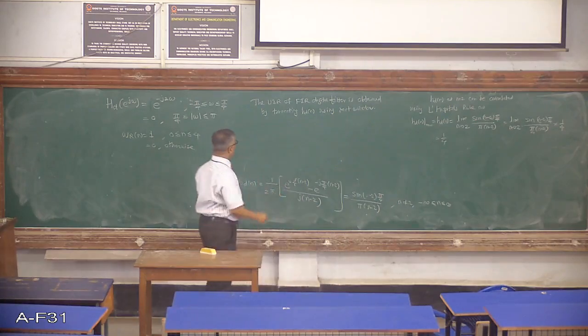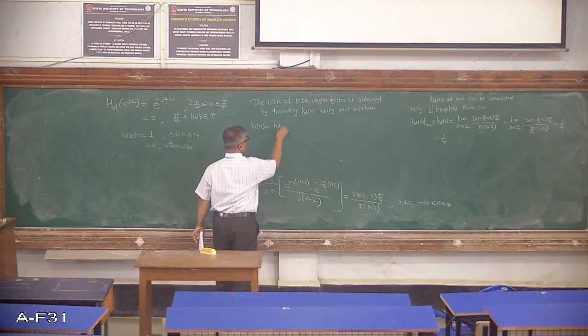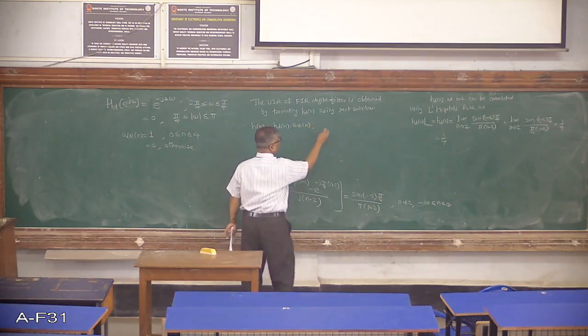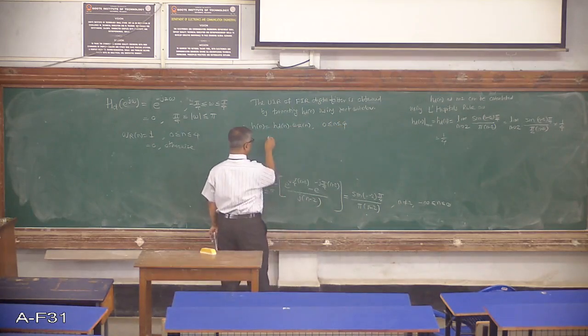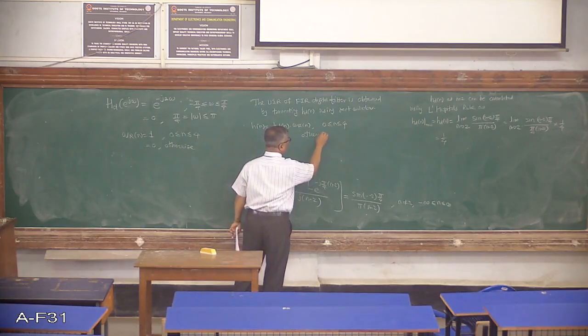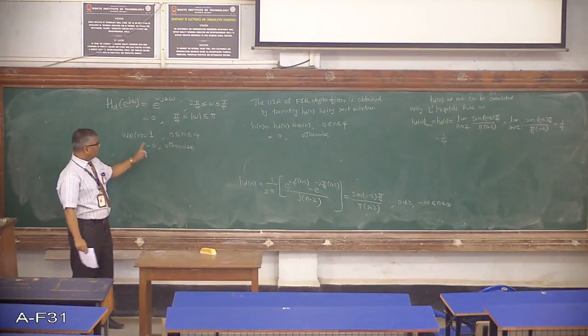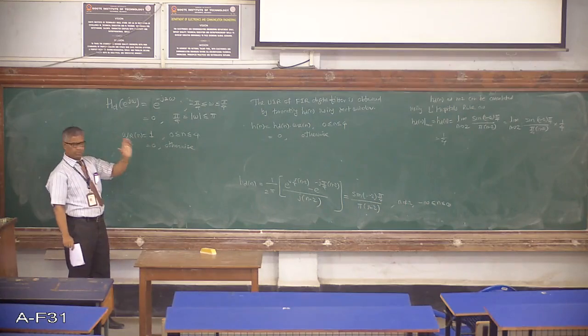So this is the procedure. Therefore h of n is nothing but HD of n multiplied by WR of n, but this only is to be evaluated for 0 to 4, and this impulse response will be 0 otherwise. This is because your window is of finite duration. Wherever the window exists, there only the impulse response will be valid. It is non-zero. Outside that it will be 0, because the window becomes 0.